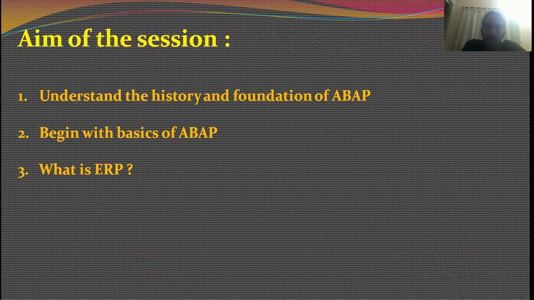And secondly, this is with the hope that it would at least benefit a few, in terms of interview perspective, or to understand what ABAP is and to take a decision if they should get into ABAP or not, before they choose which module or which domain they want to get into. It also gives an overview of what ERP is all about and what we as developers would be working on if it is ABAP. Yeah, so that's the motive.